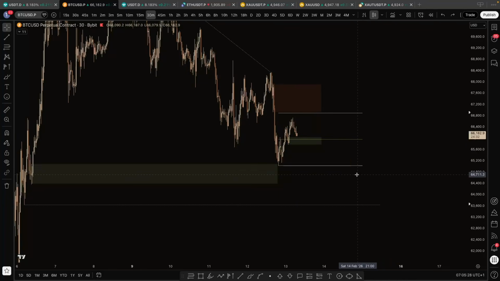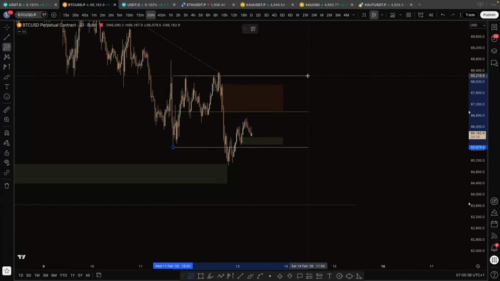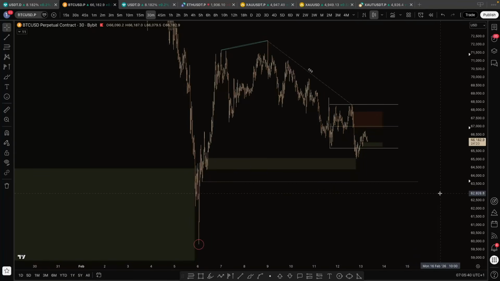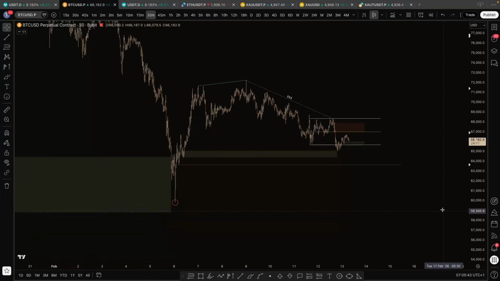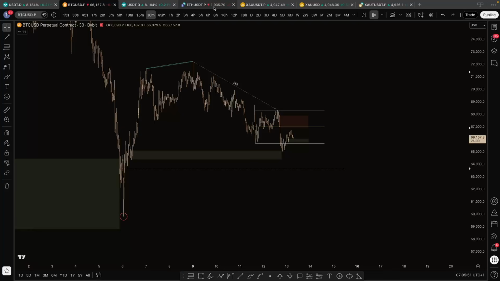If we don't do that and go even lower, I will watch for longs there. And if we keep this range right here, then it's gonna be a bit harder to find longs. So that is BTC. Oh, and if we, by the way, don't move up from that liquidity point, I will watch for range creations right there, just like I explained on USDT.